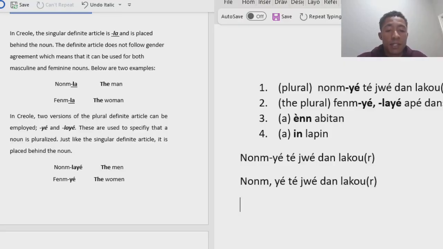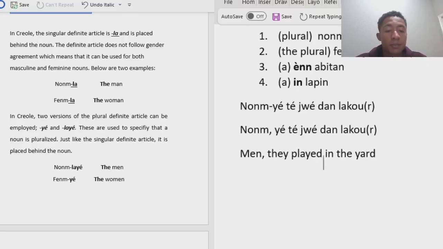And that's basically, in English, men, they played in the yard. Nom y était joué dans la cour. Men, they played in the yard. Or this might even be the men. And that's because a lot of times in Creole, context-wise, this lets you know that this is plural. As you might see at the end of a sentence,